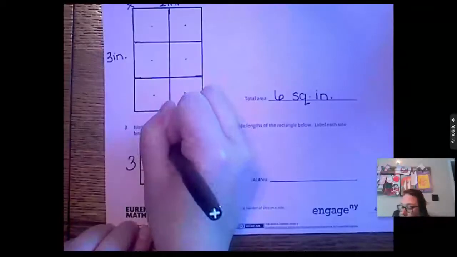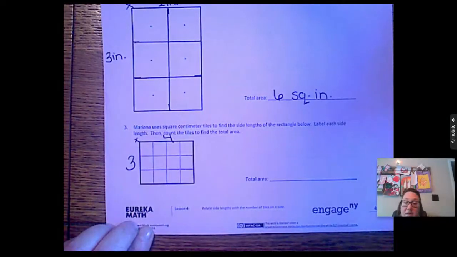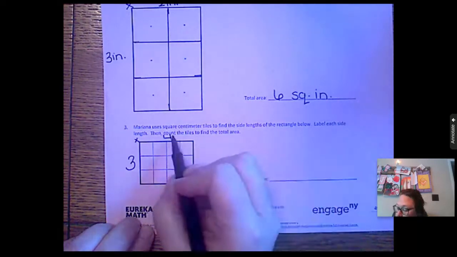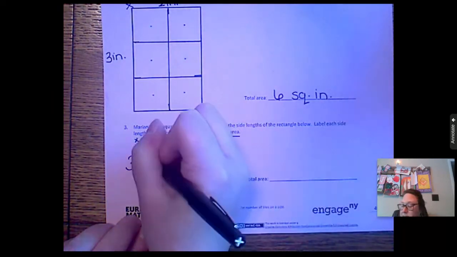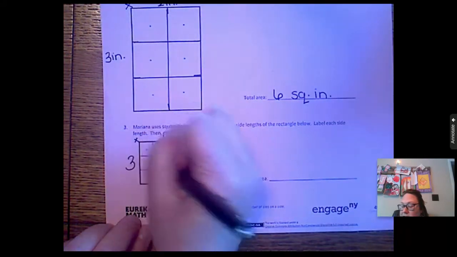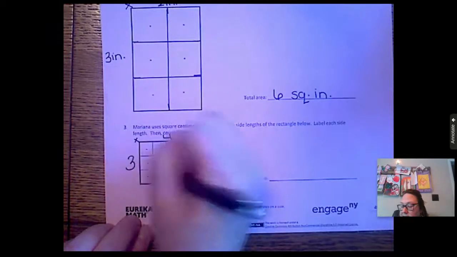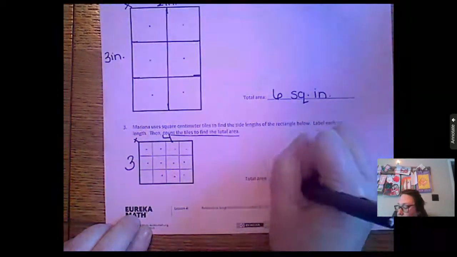There's 4 in each row, right? And then we can put our times sign in the corner. So we can solve for 3 times 4, but it also says to count the tiles to find the total area. So let's go ahead and touch each tile and count. Ready? 1, 2, 3, 4, 5, 6, 7, 8, 9, 10, 11, 12. So the total area is 12